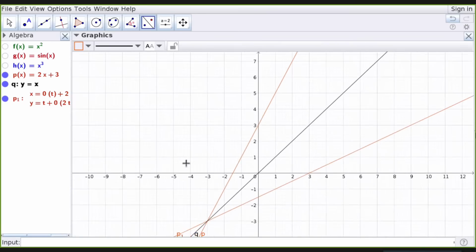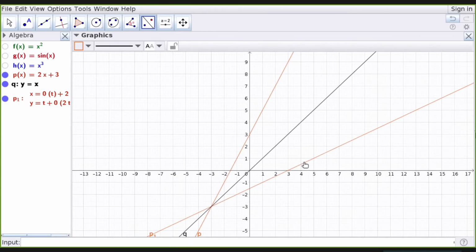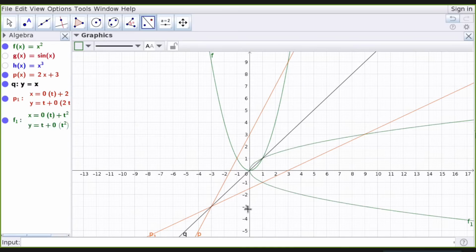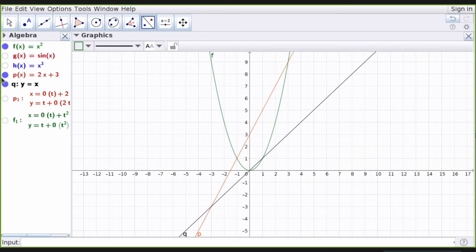You can see this one. This line is actually the reflection. This is P1, this is the reflection of 2x plus 3. If I take x square, I will take reflect, it will get reflected. Okay, I will hide this P1, I will hide this F1 also.